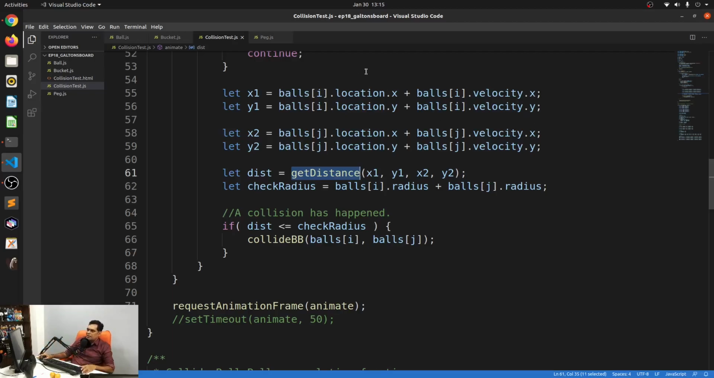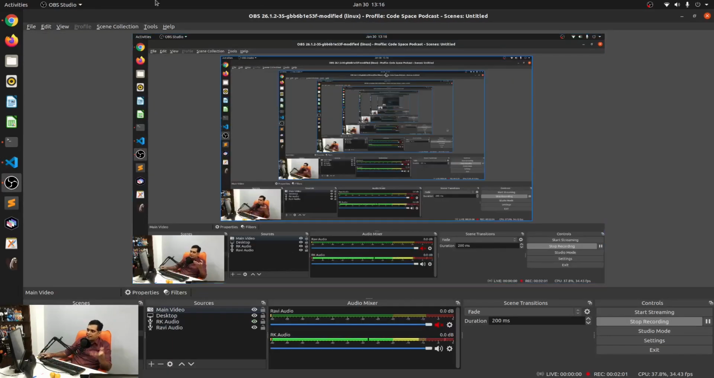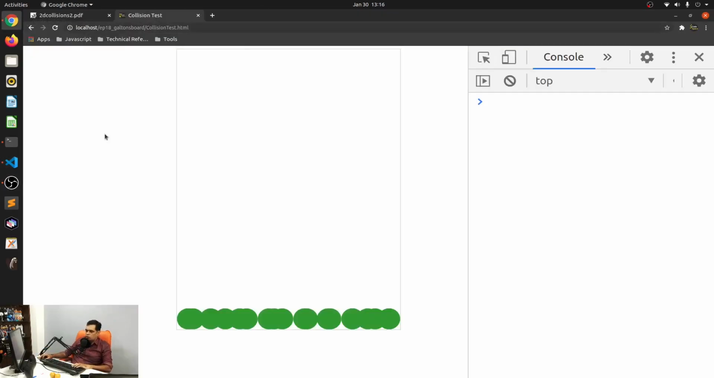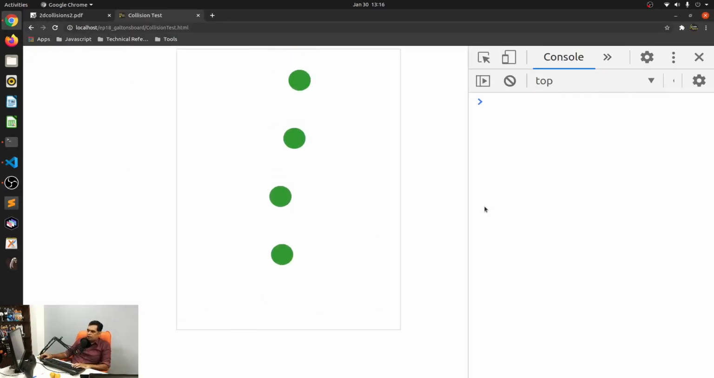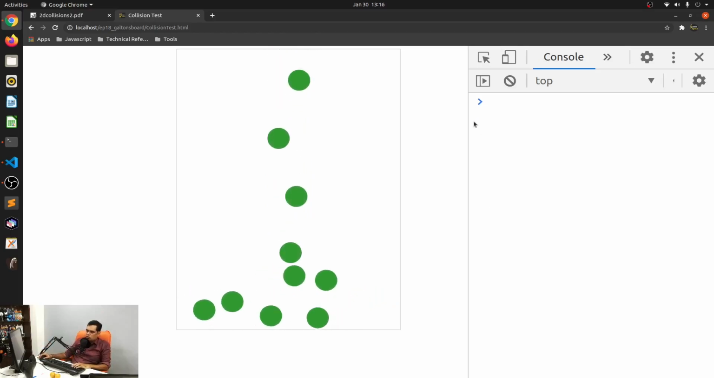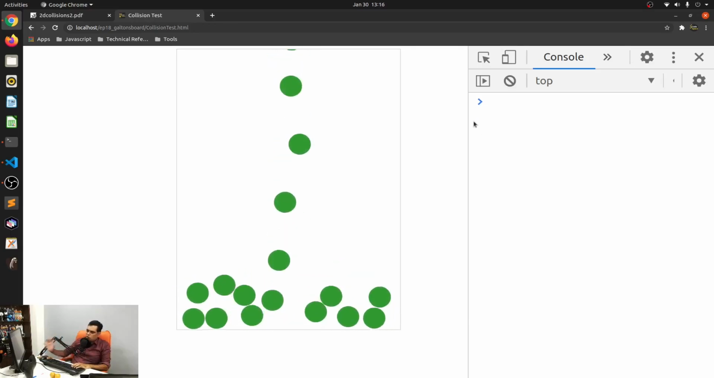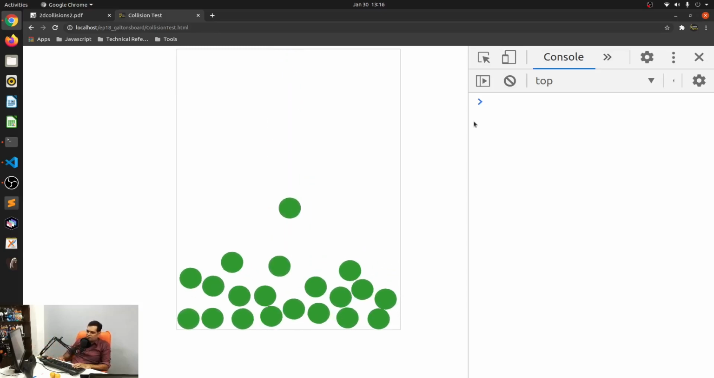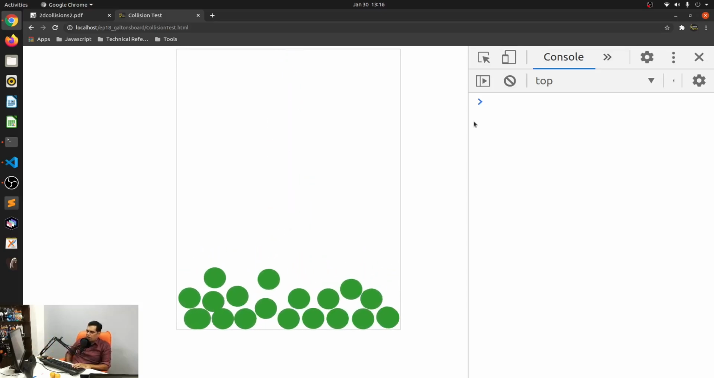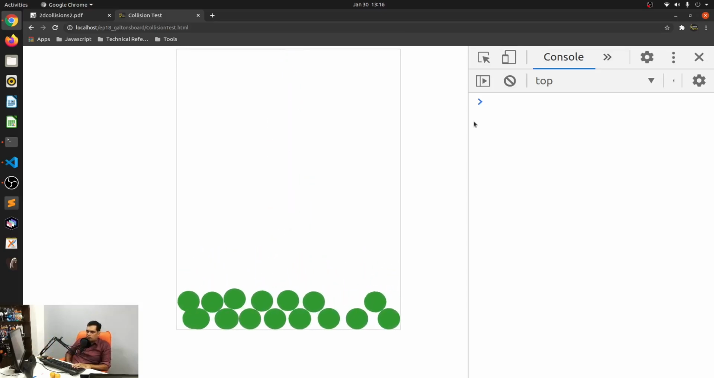So in this case, after I have added the velocities and I have the distance checked, if the balls have collided, then the collision has happened. So now if I check, I've increased the number of balls also to 20, you will see that this looks very true to the physics of it. But as soon as all of the balls have sort of settled down,